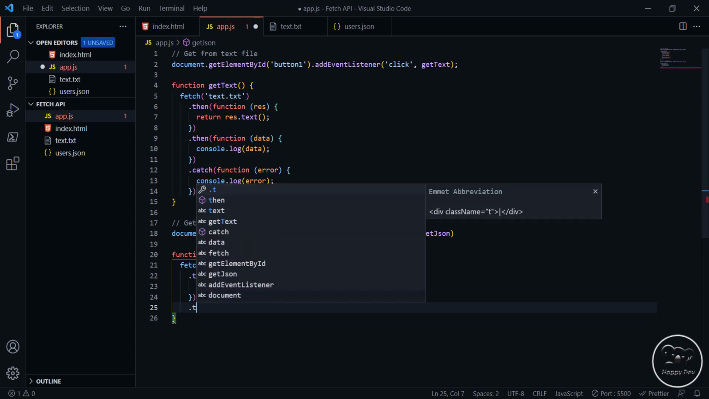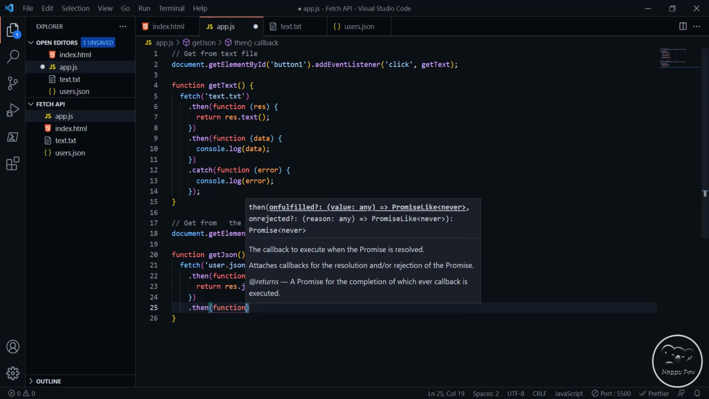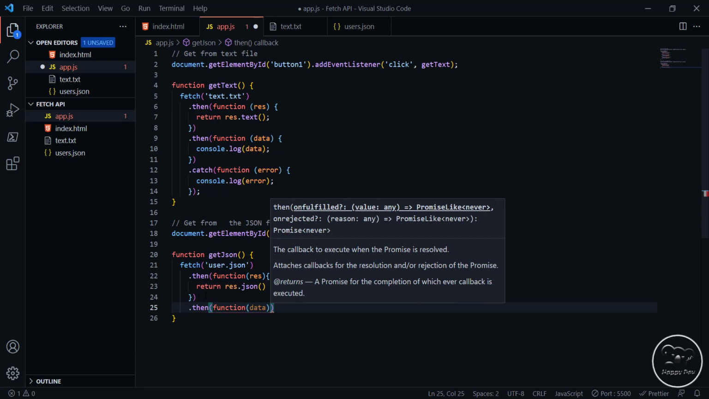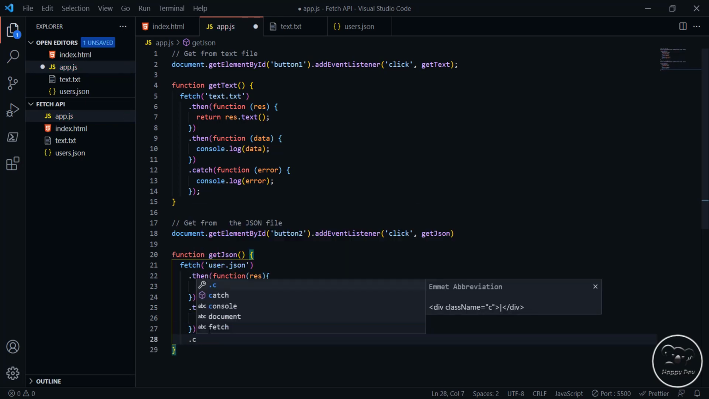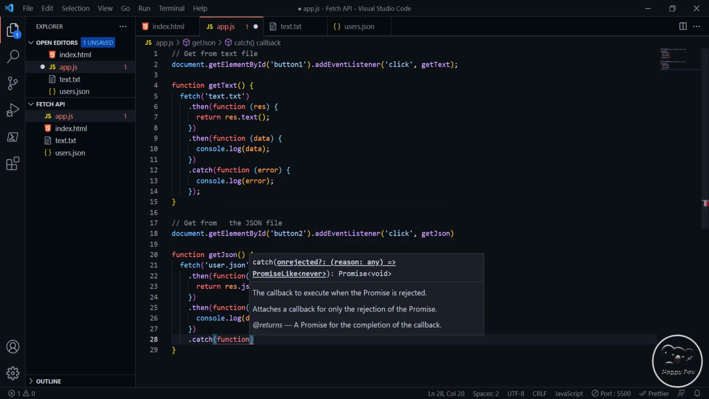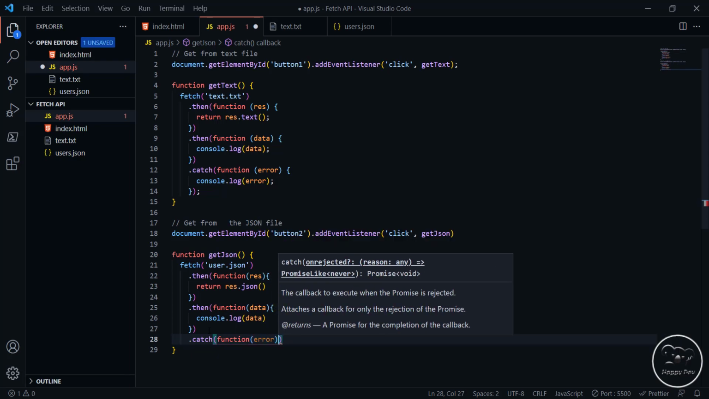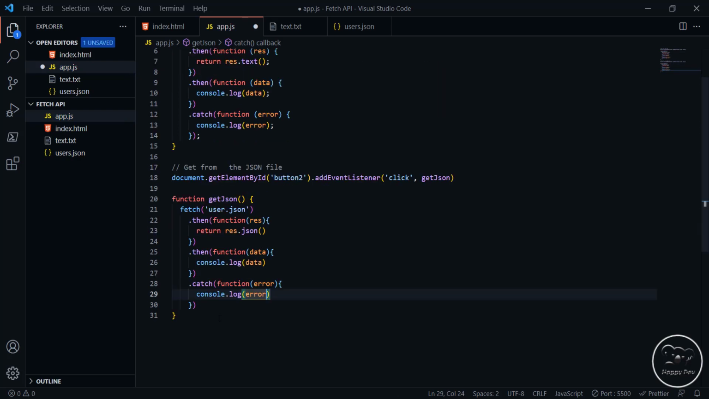And another one, .then function, this should be data, console.log data. Another one should be catch, function, error, console.log error. When we hit save